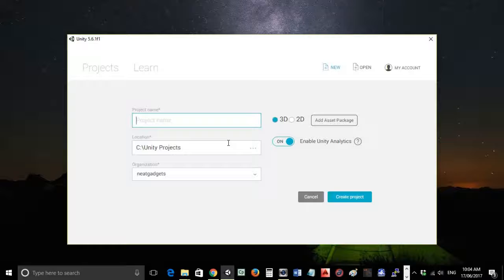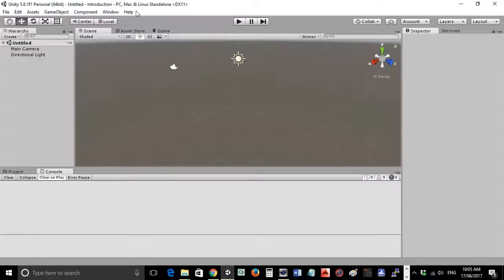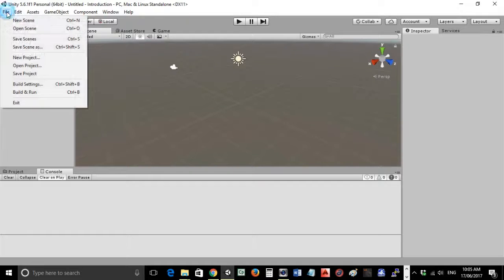So it's going to be a 3D project. Most of the projects we do are going to be 3D. I'm just going to call this one Introduction, and we just hit Create Project using Unity 5.6.1, which is the latest one that I've just downloaded. So looking at the screen here, we've got the menu, we've got the file menu, and we have two